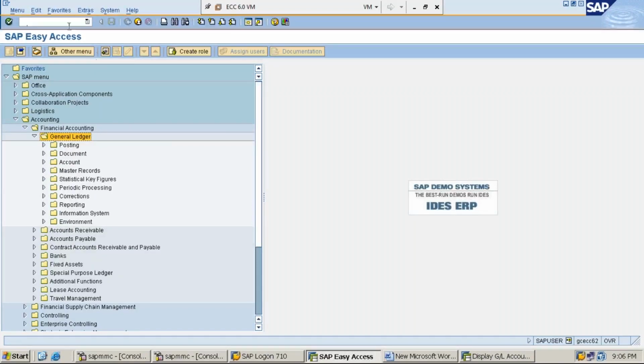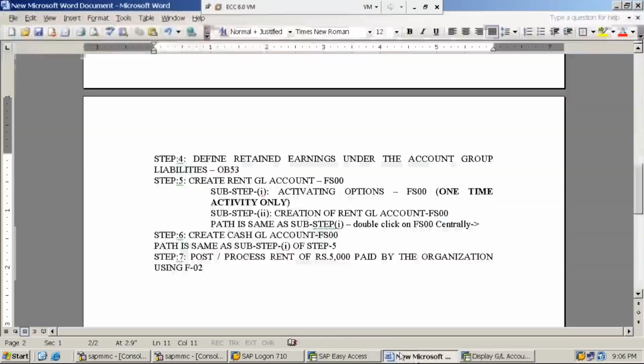Before continuing the path, I would like to show you the document in which I'm typing. The step description I have used is post oblique process.